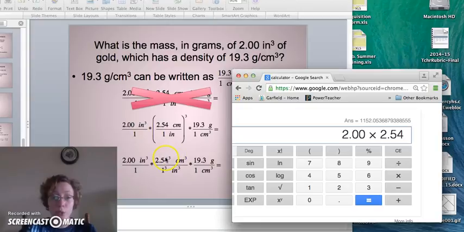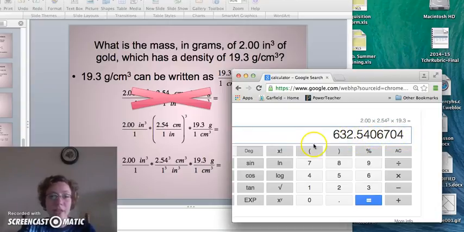We've got this cubed, so this happens to be my button there. We've got 2.54 cubed. I don't know what calculator you have for the exponent, generally the little caret, and the number will give you powers. And then we're also on the top, so 19.3. So top means times our 19.3 equals